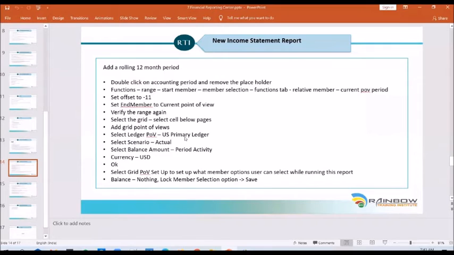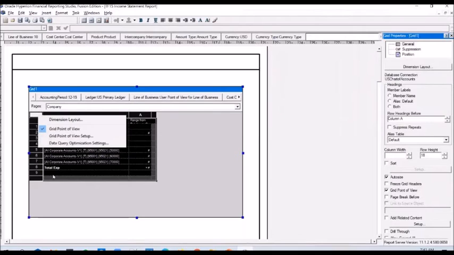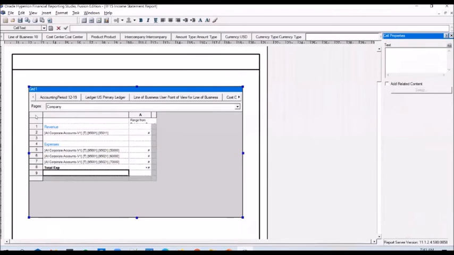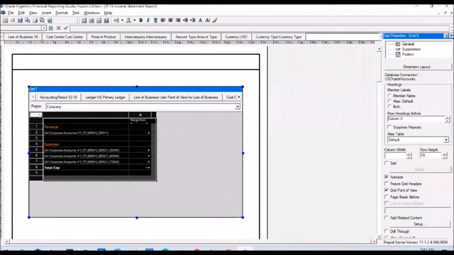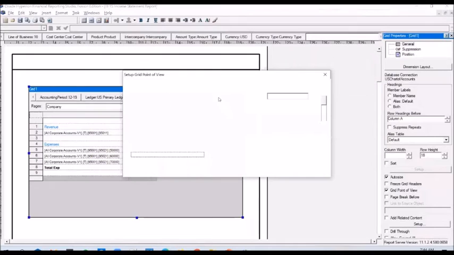So if you want to put in some restrictions, you have to do a right click on the grid. So select the grid again. How do you select the grid? In case you missed that part, you select the first cell in the table, and that will select the grid. Do a right click again, and you have clicked on grid point of view to add the points of view, and we have selected default values for a few of them. But I want to restrict the value that the user can select for some of the points of view. And I can do it by going into this option, grid point of view setup. So click on it.